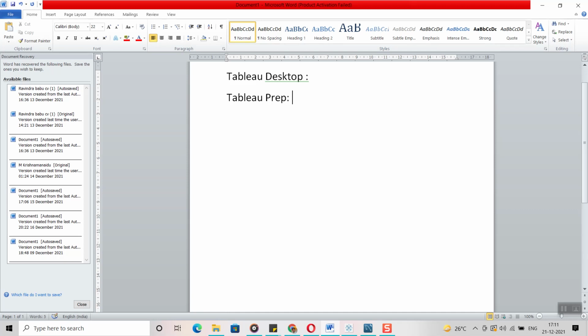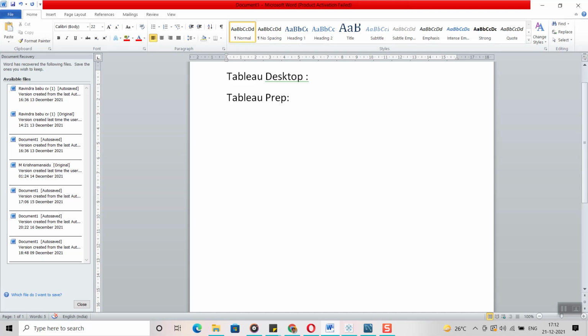Another product is Tableau Prep. See, this Tableau Prep, we can say it is an ETL tool from Tableau. Already we have a lot of ETL tools in the market, Informatica, Talend.